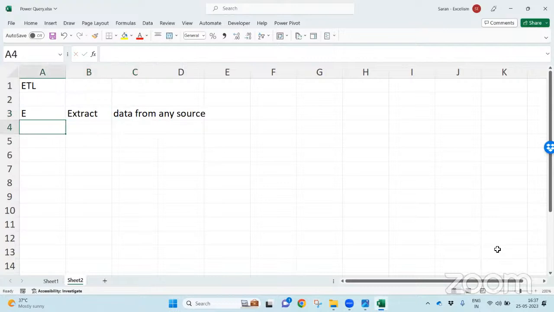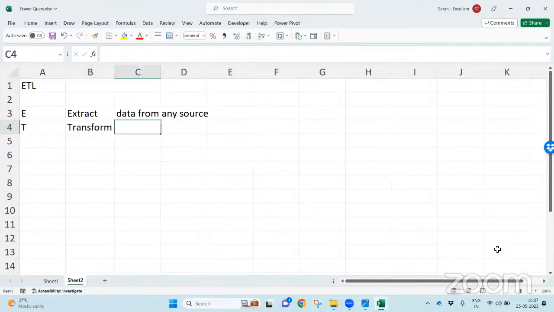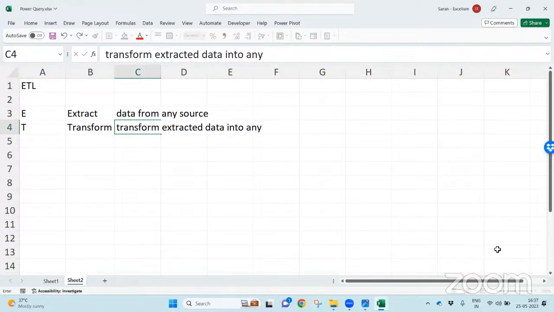What is the meaning of T? T means transform. Transform means whatever data you extracted, transform the extracted data into any shape.